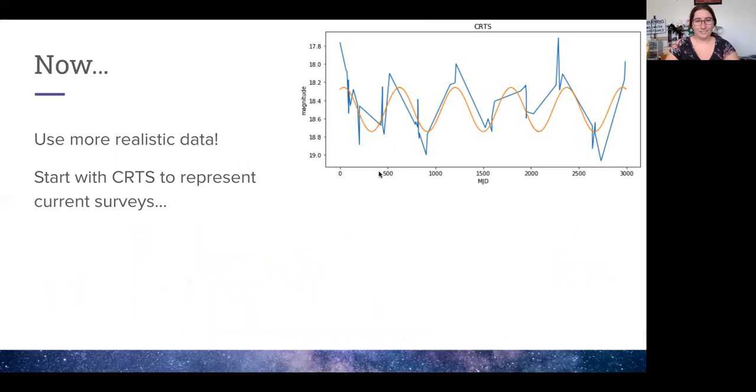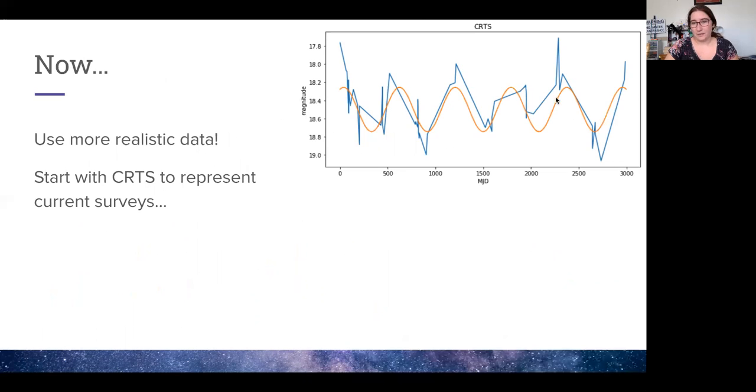Now, over the last few months, we've been trying to use some more realistic data. So we started with the Catalina Real-time Survey to represent some current surveys and their capabilities. So you can see